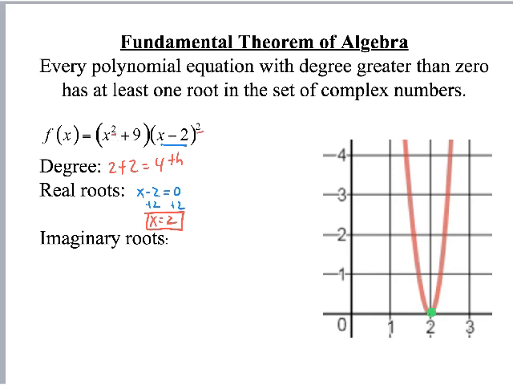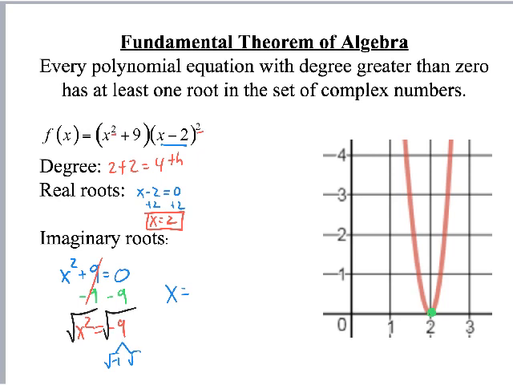So how do we find the imaginary numbers that make this equal to 0? Well, what we do is this. We go x squared plus 9 equaling 0. All right, we subtract 9 over. We got x squared equaling negative 9. We square root both sides. And when we do that, we get x equals, well, if you think about this,